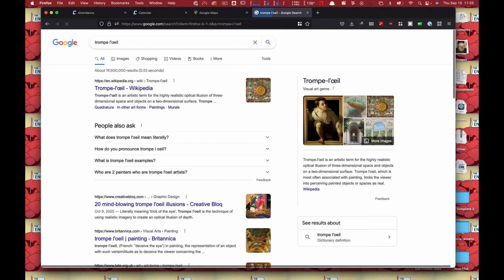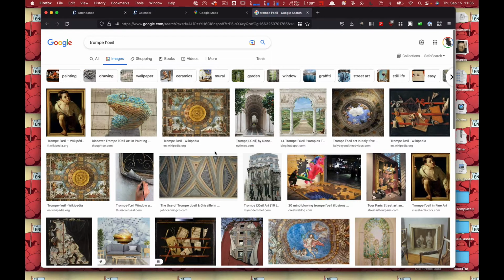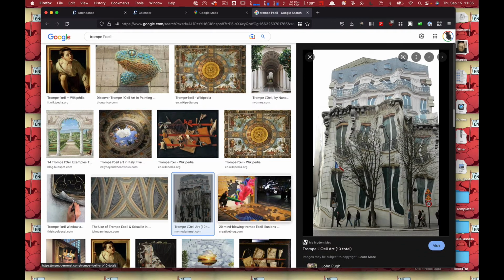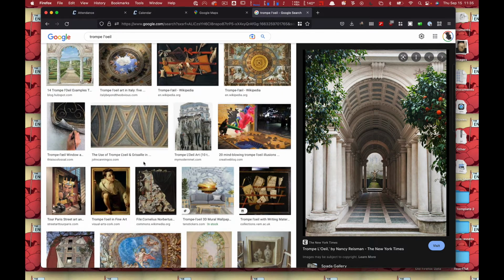So there's a whole history of trompe l'oeil. I can't speak French. It's trick of the eye, and it's painting in such a way, like introducing distortion into painting, even though this is the side of a building that does not actually look like this, but they paint it like this to make your eye think that it does. That's fun. That's a flat surface. It's not actually a hallway. You know, it's kind of that Wile E. Coyote thing.